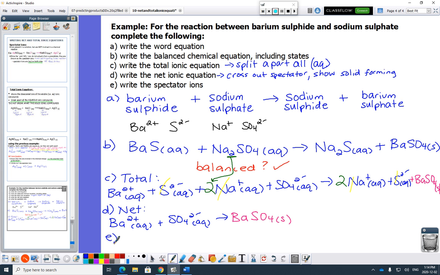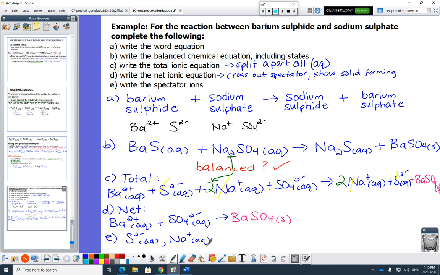Right, the spectator ions, so these are the ions that you've crossed out, or the ones that are aqueous on both sides if you're not a crosser. Okay, you can write them in words, or you can just write the symbol. Also, that doesn't matter. So it's going to be sulfide and sodium. So you should have 2 ions that make the solid, and then the other 2 ions that make the spectators